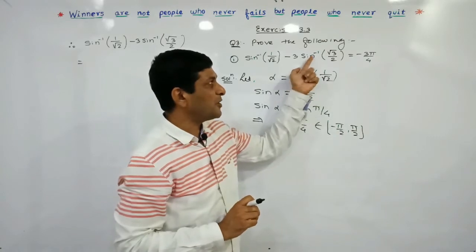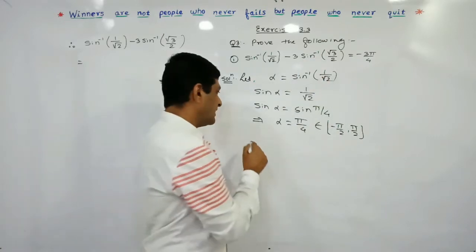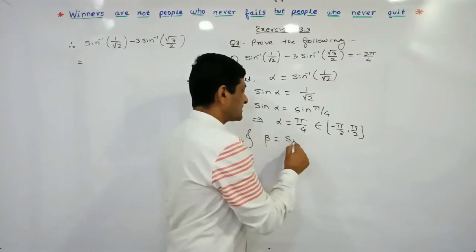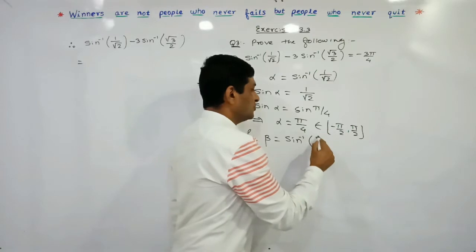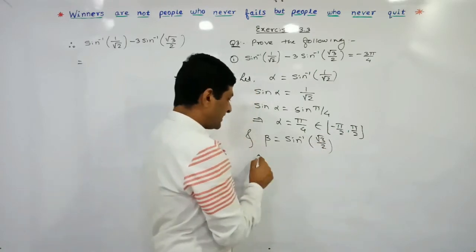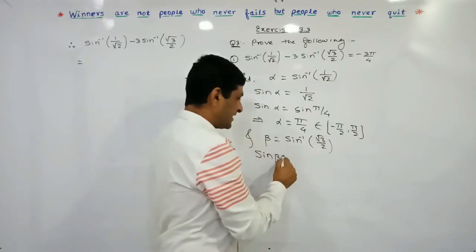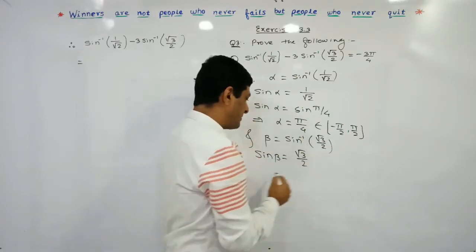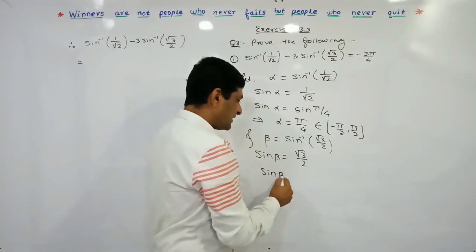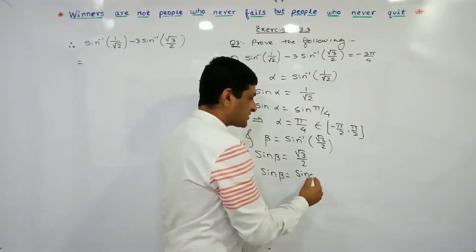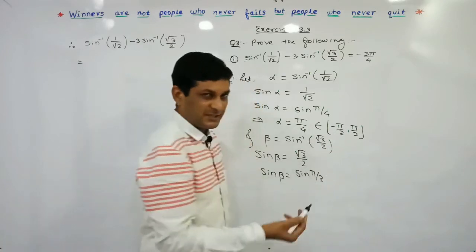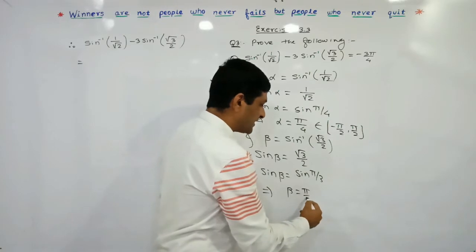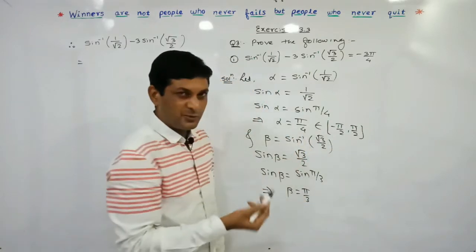Now we are finding the value of sine inverse of root 3 by 2. Let us denote it by beta, and beta is equal to sine inverse of root 3 by 2. So taking sine on both sides, on this side we will get sine beta, and on this side sine and sine inverse will get cancelled. The remaining term is root 3 by 2. Now you have to check that root 3 by 2 is the value of sine pi by 3, means sine 60. Comparing both sides here we can say that beta will be equal to pi by 3. Beta means the value of sine inverse of root 3 by 2.